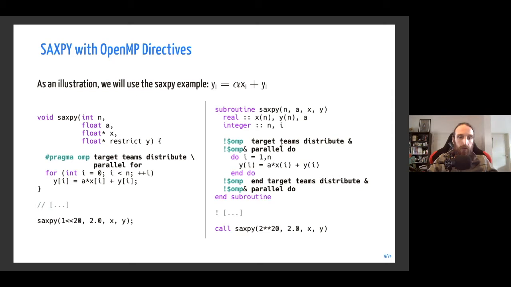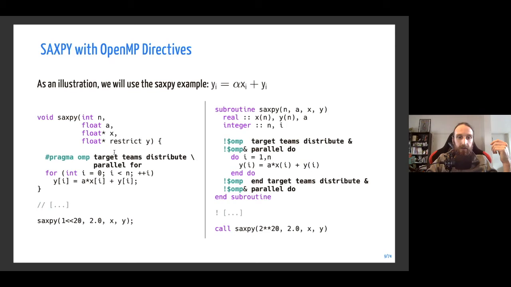So I will not go into all the details of the implementation, but what you can see is that instead of writing a kernel, we use a directive to indicate that we want to parallelize some part of the code to the GPU.